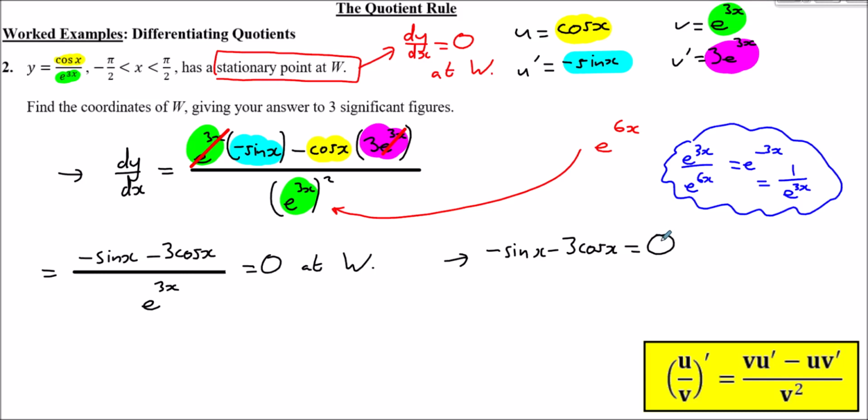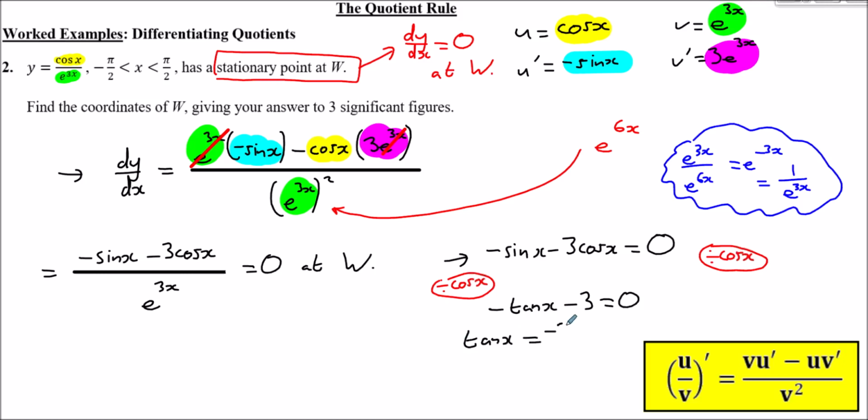What I'd suggest here, though, is sines and coses mixed. What relates sine and cos? Well, that's going to give us tan. So what I'm going to do here is suggest that we divide both sides by cosine x. So if we divide by cos x on the right and the left, then what we'll get over here, minus sine divided by cos, that's minus tan x. Cos divided by cos is 1, so minus tan x minus 3 is 0. Rearranging,